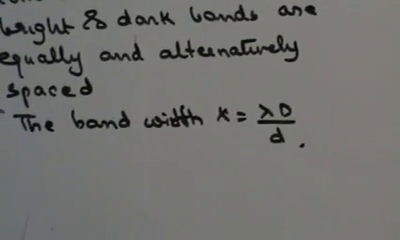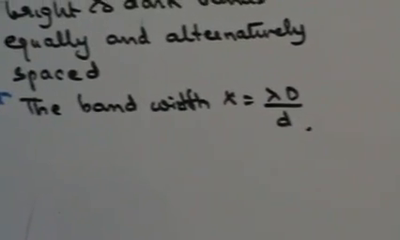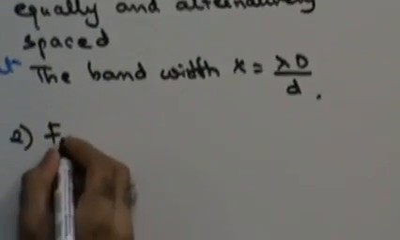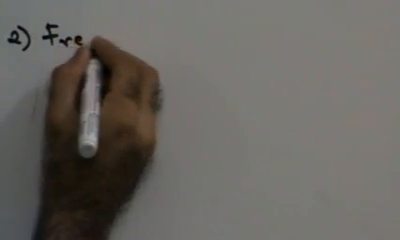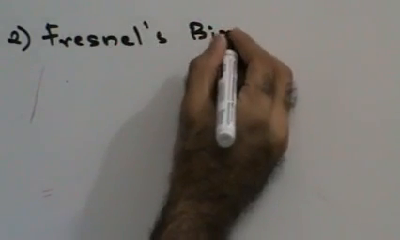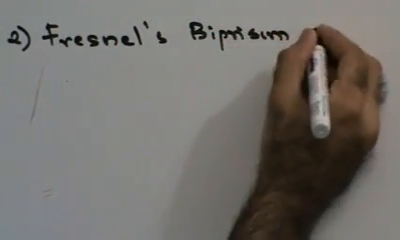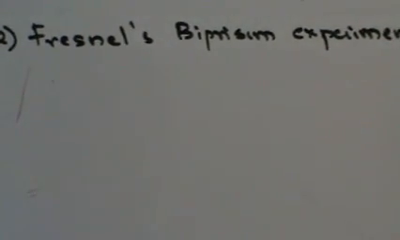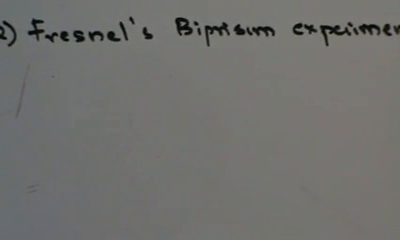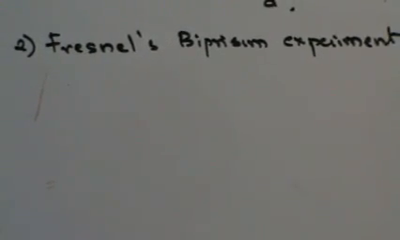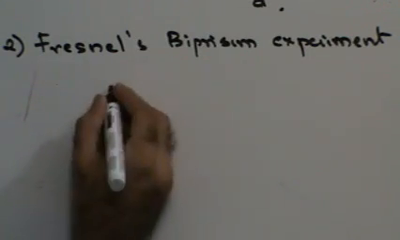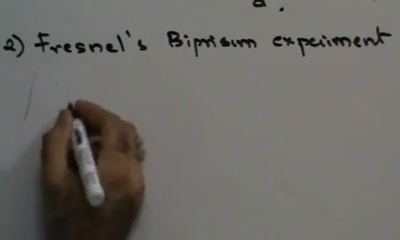Now the same experiment was done by another scientist called Fresnel. Let's see Fresnel's experiment. His experiment is called the biprism experiment. He came up with another method of getting two coherent sources. Instead of using a cardboard with two slits in it, he used a biprism, or a prism, to get two sources of light. What he did was,